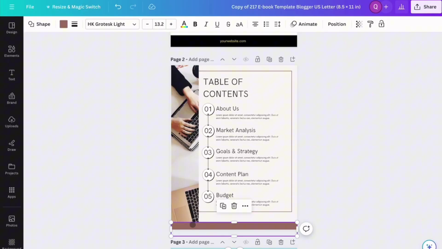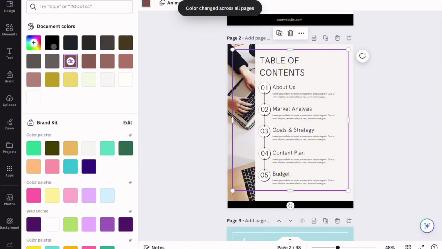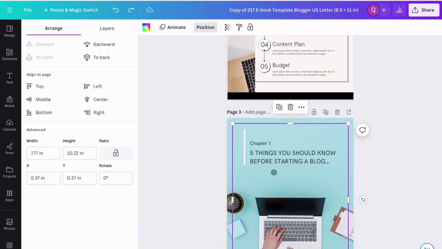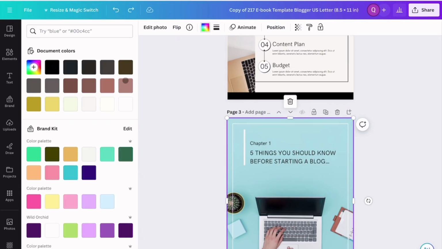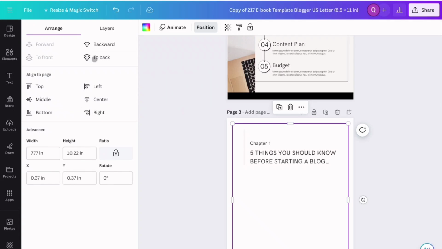And again, you would just change the colors of the document, right? You just hit change all, right? We just want to make sure that we're changing everything to match the new design, right? So we'll just change the base color to white right now, and then we'll position everything to the back